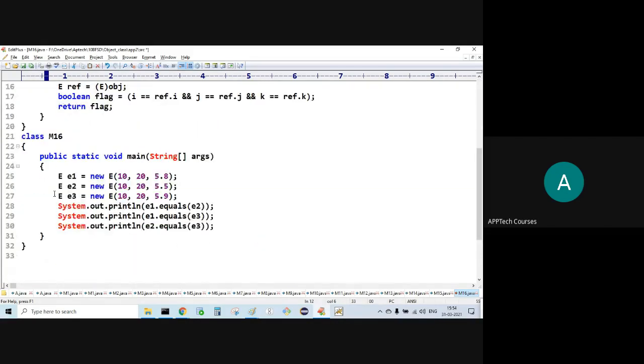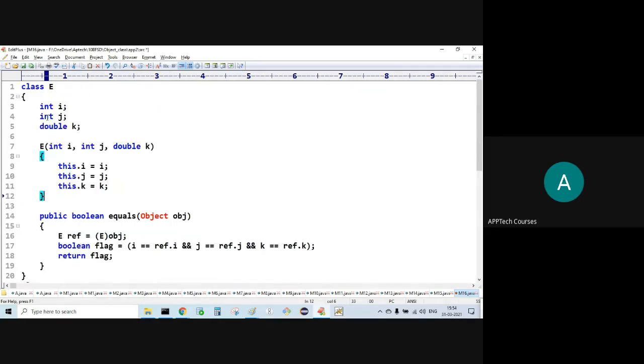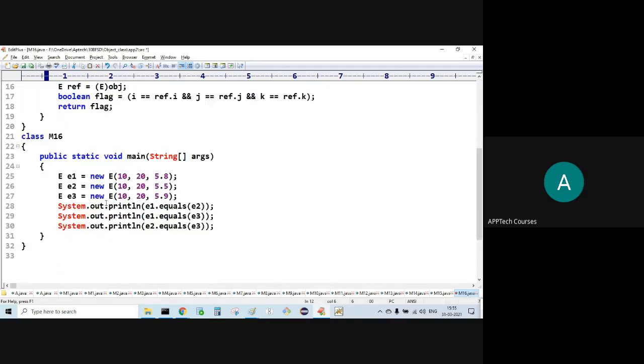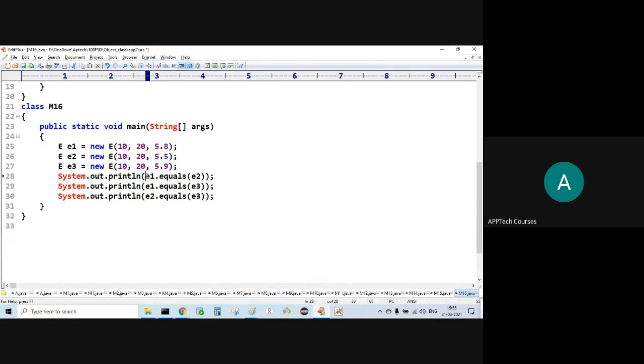Go on comparing. Then while supplying, you need to supply six values for each object. Then for two references, we can compare all the combinations.